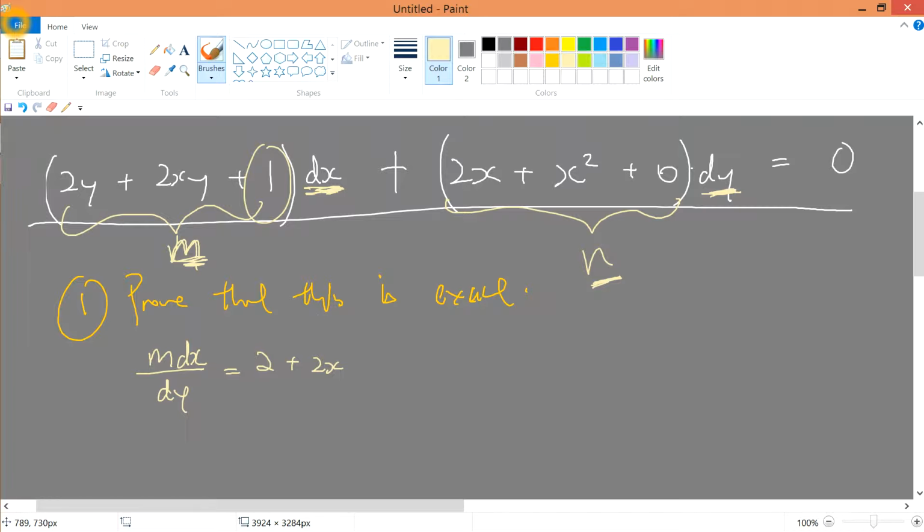Alright, because differentiating one in terms of y is just 0. Now I differentiate this term. So if I differentiate these terms, dy over dx is equal to 2